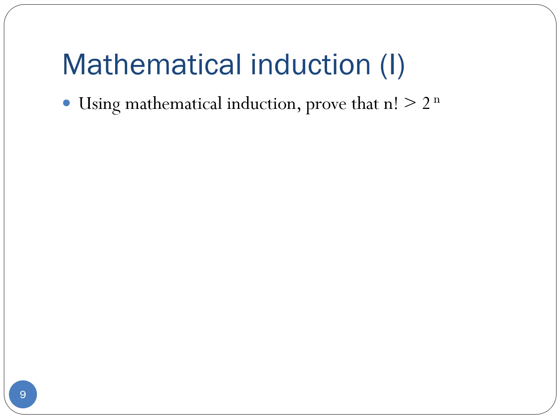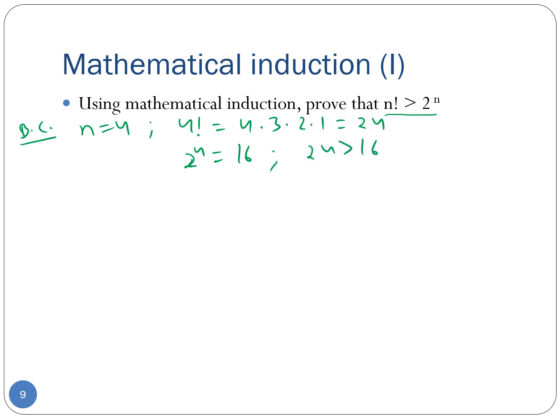In this problem we have to use mathematical induction to prove that n factorial is greater than 2 to the power n. So let's start with the base case. For n equal to 4, we know that 4 factorial is 4 multiplied by 3 into 2 into 1, which is 24, and 2 to the power 4 is 16. So clearly 24 is greater than 16, therefore n factorial is greater than 2 to the power n